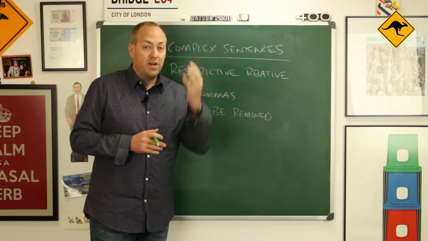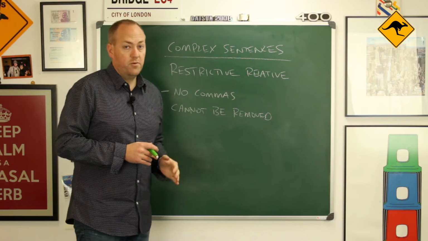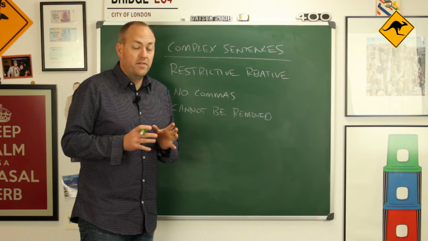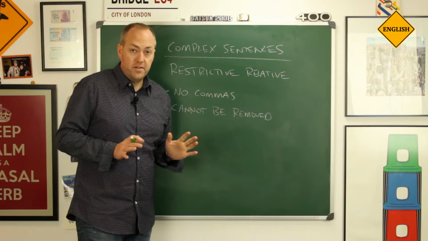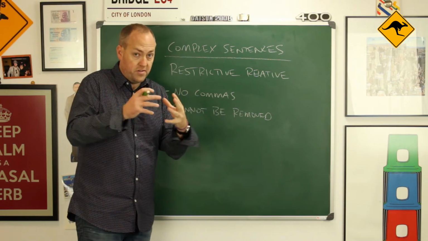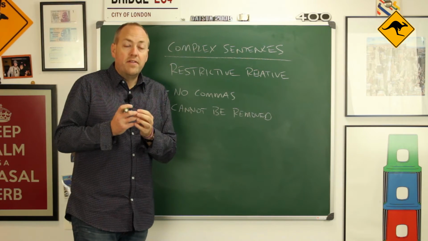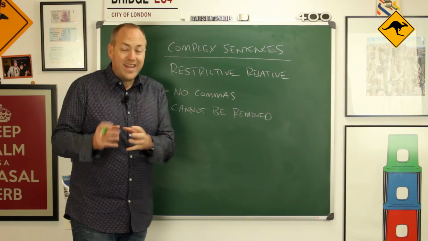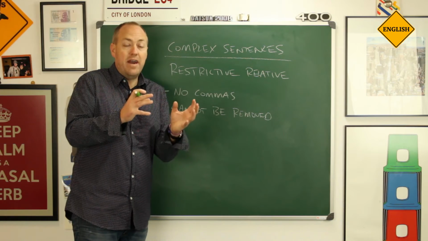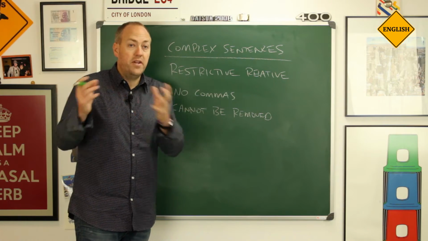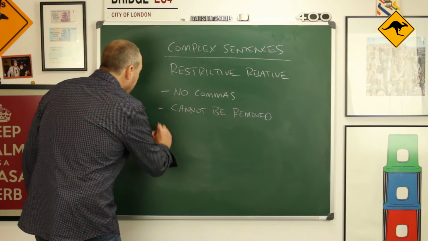Okay, so now we're going to look at the next type, which are restrictive relative clauses. Restrictive relative clauses have 2 important features. One is that they have no commas. They contain no commas to join the 2 clauses together. And the second thing is that the subordinate clause cannot be removed from the sentence. It is not independent. If I have the second part of the sentence on its own, it doesn't make sense to me. For example, I like the pizza